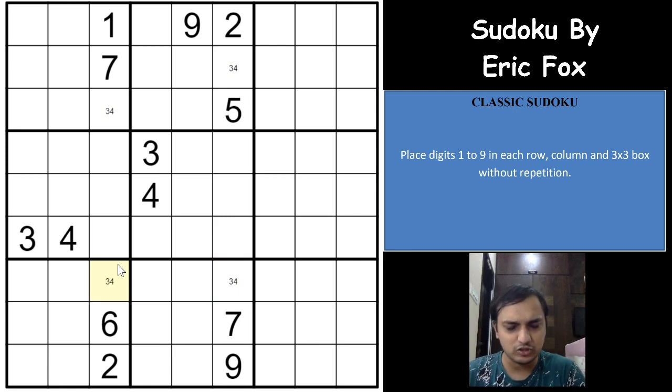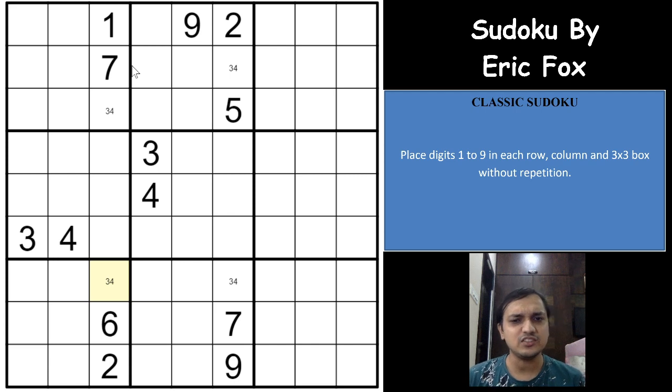So what is a skyscraper logic now? Whenever you have a case in 2 columns or 2 rows where you have a pair using one of the digits. Here both the digits are the same, but just assume that you had a 6 here and a 3 6 pair here. The skyscraper logic would still be possible, but I have marked a 3 4 pair here for an easy way to see the skyscraper logic.